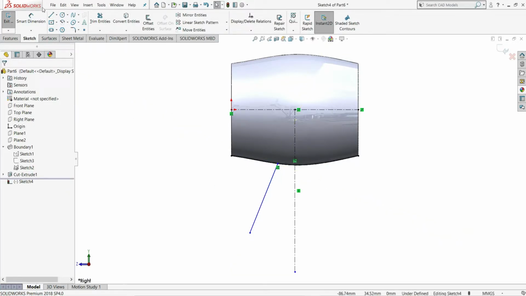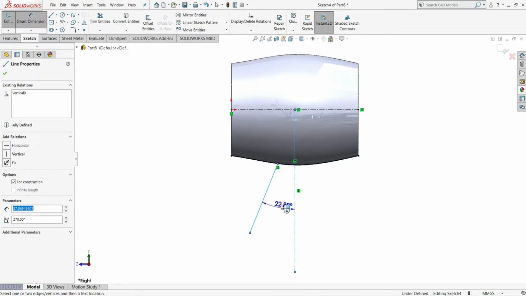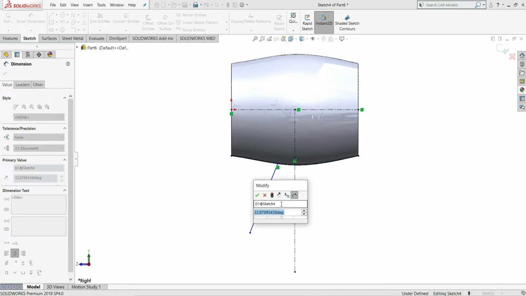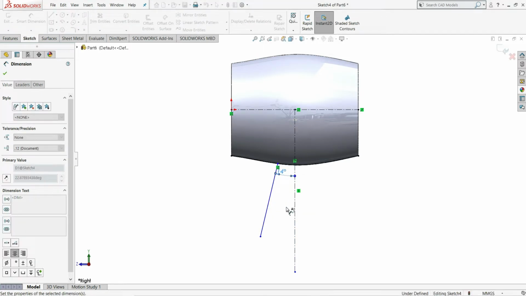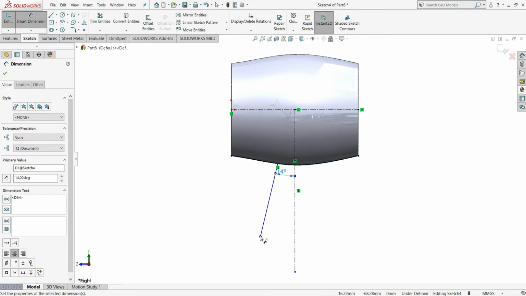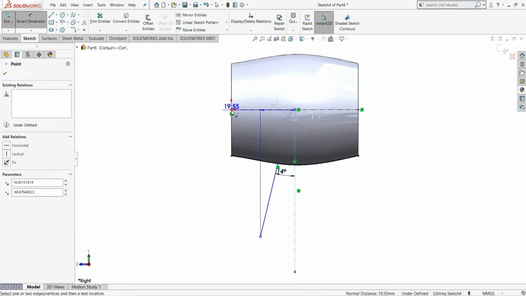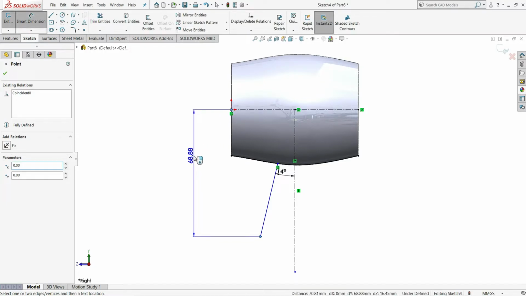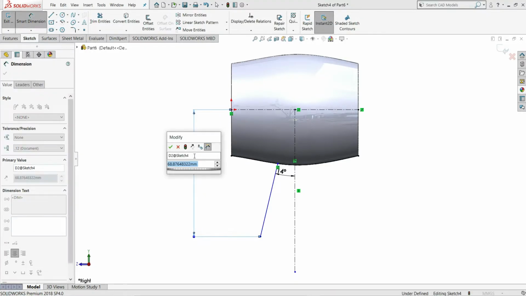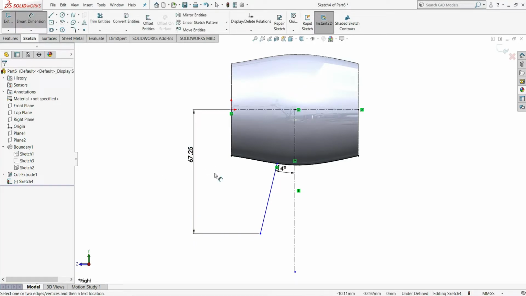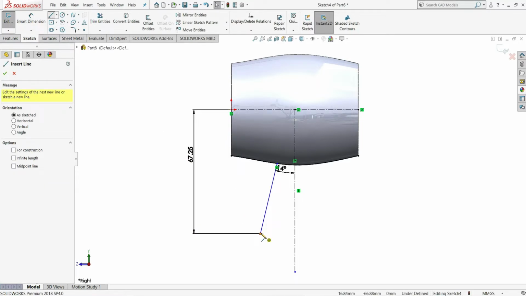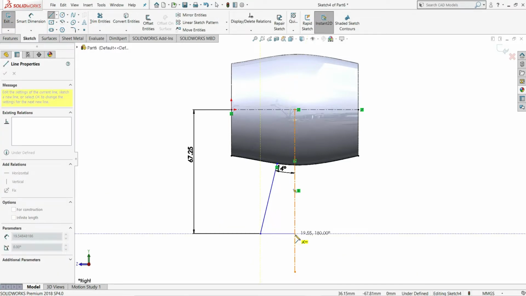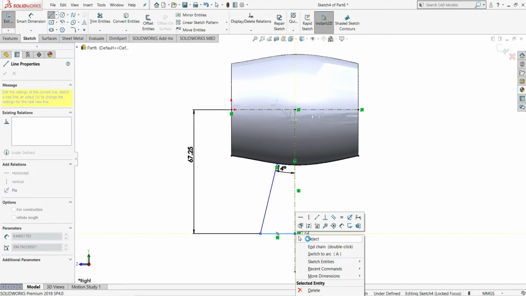Okay, smart dimension and give angle between these two lines 14 degree. Okay, now from this end point to this center point, this distance is given to us 67.25 mm. Okay, now select another line and join this point to this line like this. Okay,